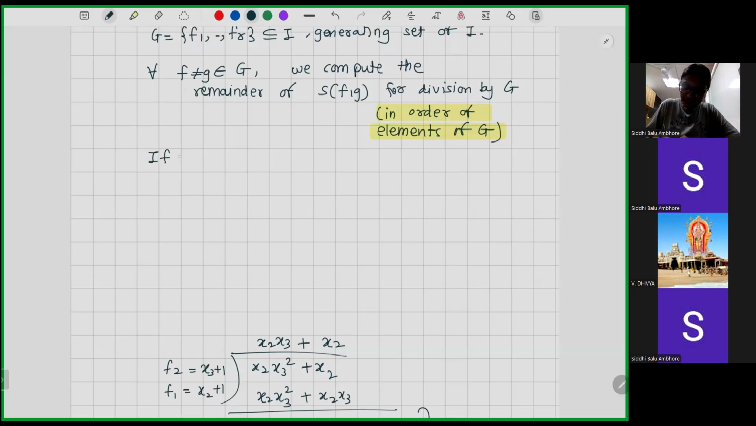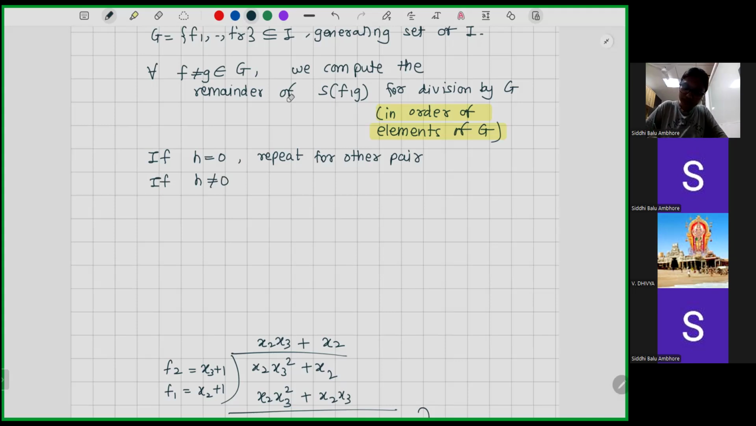And they are saying that if H is 0, we repeat for another pair. So we are starting with F, G, checking the S pair, finding its remainder using all the possible order combinations of elements of G. We check whether the remainder is 0 or not. Once the remainder is 0, great. We go ahead with choosing another pair of F, G from the generating set and again do the process the same. But if this H is not 0, when I say H, I mean the remainder,